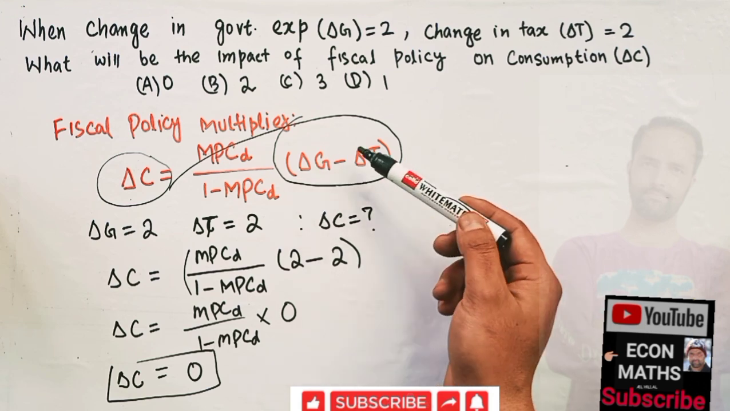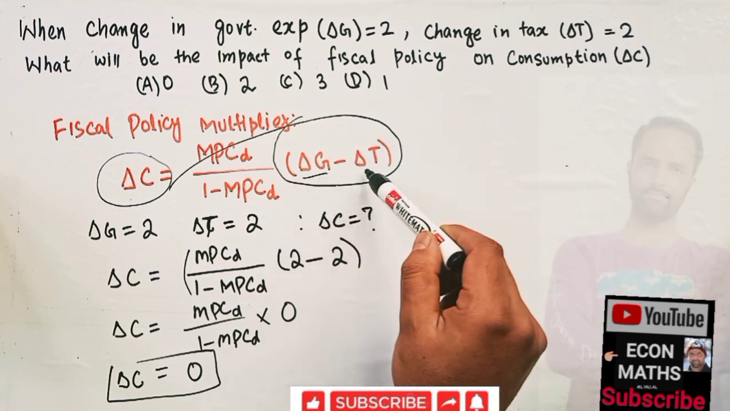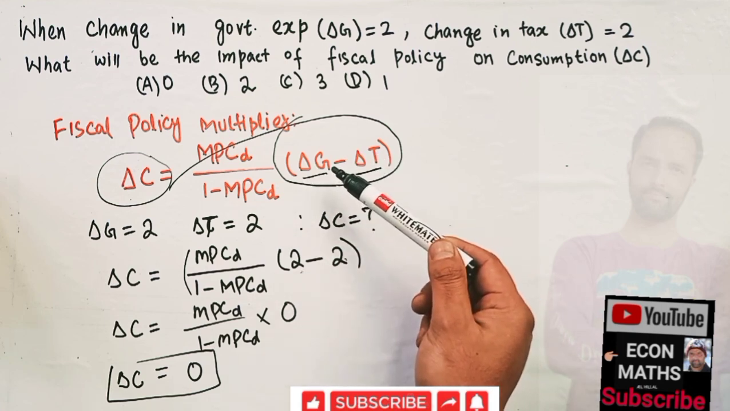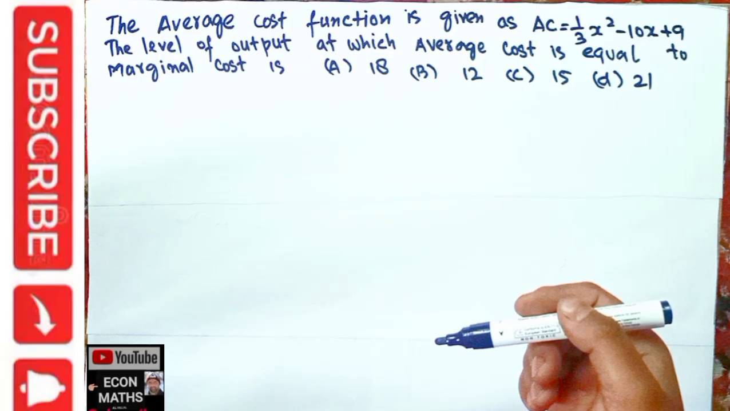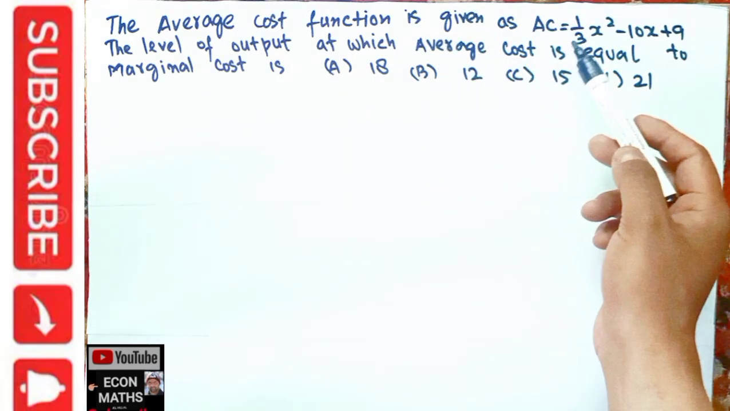But since we have an equal amount of change in del G and del T, that means 2 minus 2, there is no change in the budget deficit. So the change in consumption will be equal to 0. I hope that is clear. The question is, the average cost function is given as average cost is equal to